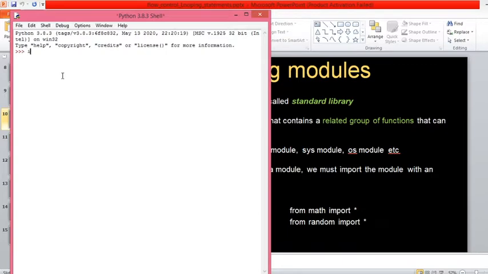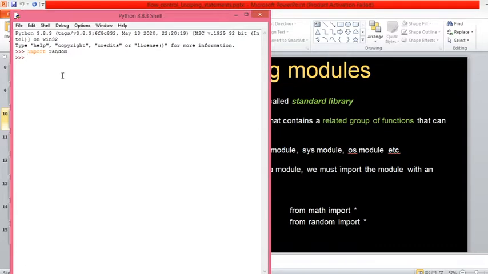Right. So now there are two different ways to import any module into our program. The first way is to write the keyword import followed by the name of the module that you want to import. For example, if you want to import the random module, this module contains a set of functions for random number generation. There are many functions to generate random numbers. For that you can use the random module. So this is the way. Now the random module is available with us, so any of the functions from this random module can be accessed.